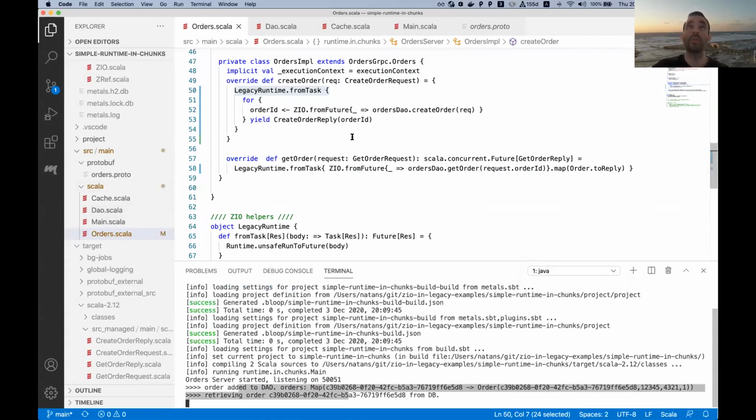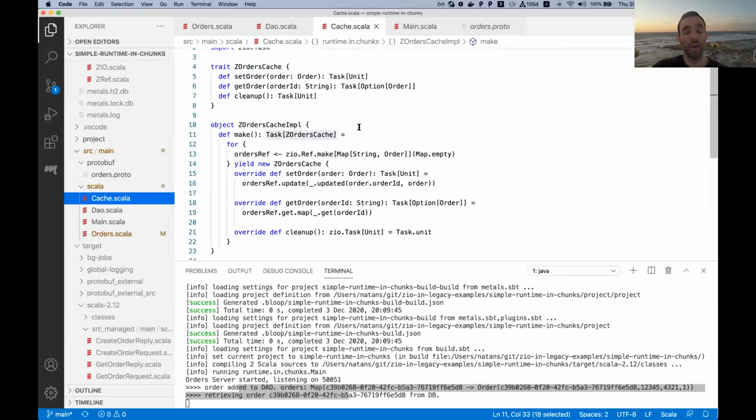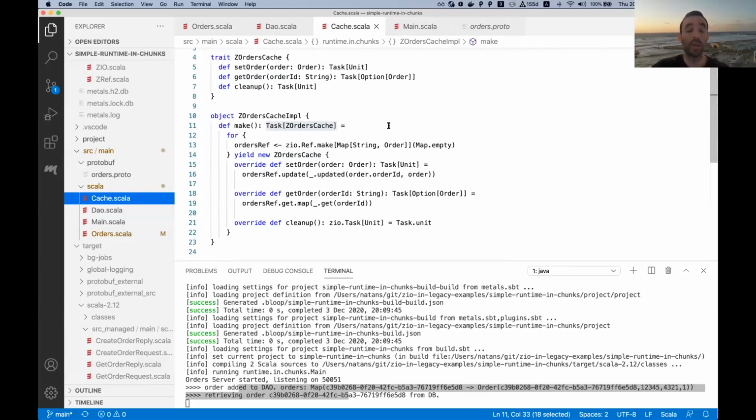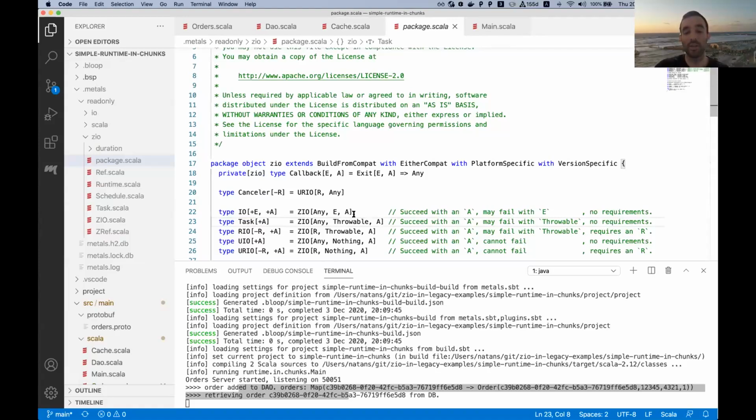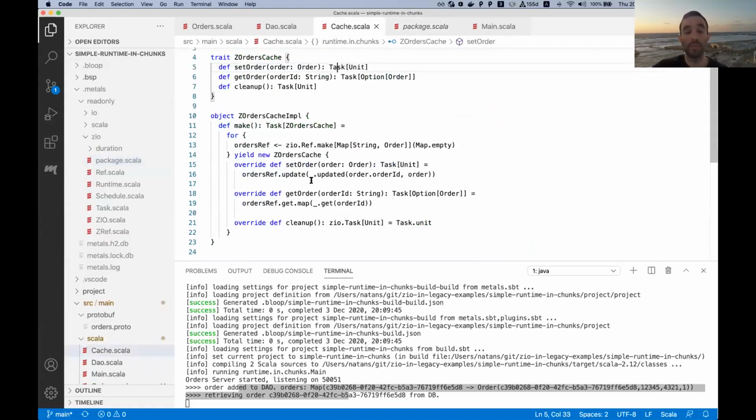Then what if we want to introduce some brand new ZIO code? For instance, I wrote here a cache implemented in ZIO that will allow us not to go to the database layer each time, to skip that in order to gain performance. So you can see here that the interface returns ZIO values. Actually, Task is a ZIO that has a Throwable error type and simply has a